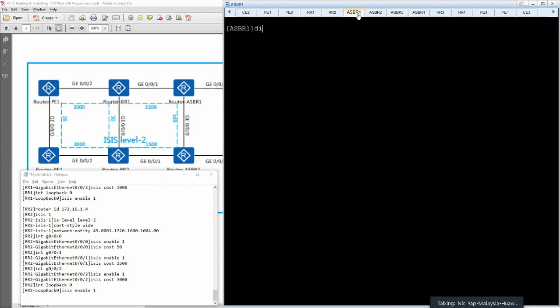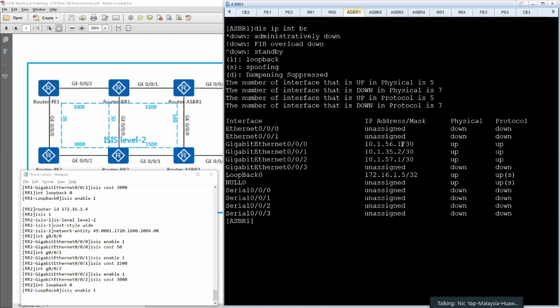Display IP interface brief. So we have the interface GigabitEthernet 0/0/0 and 0/0/1, 56 and 35, and your loopback 0. These are the three things that we are focusing on. 56 is between the RR1, ASBR1, ASBR2. 35.2 is between the RR1 and the ASBR1. All right, so router ID